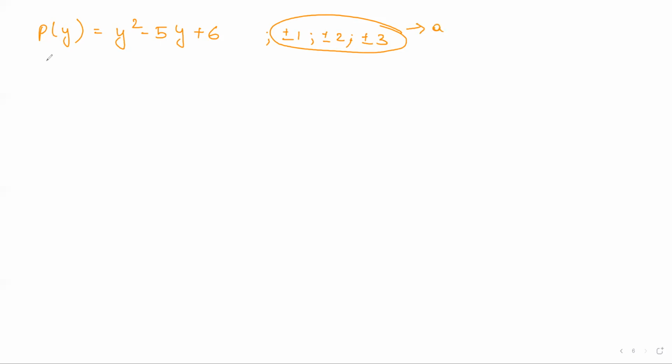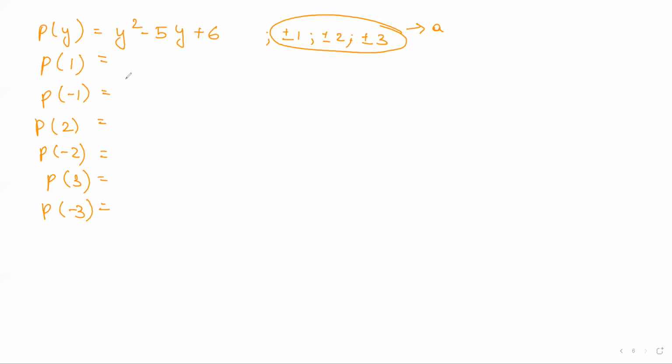So what you're supposed to do is calculate p of positive 1, p of minus 1, p of positive 2, p of minus 2, p of 3, and p of minus 3. And that's it. Two of these values should be equal to 0,